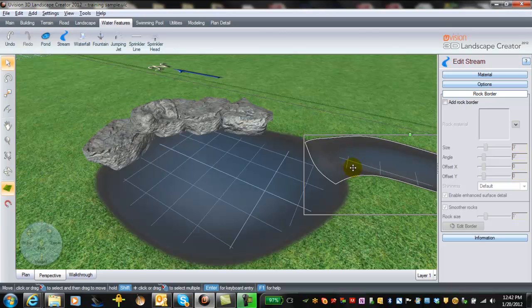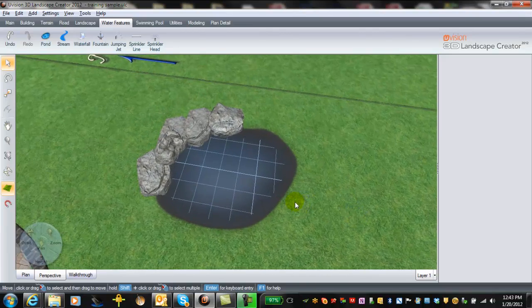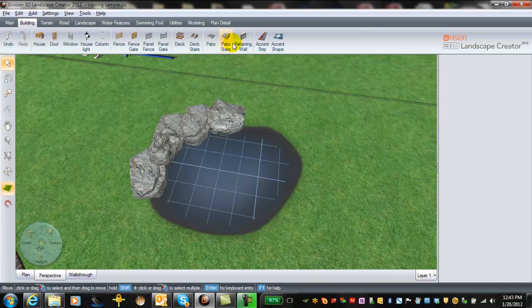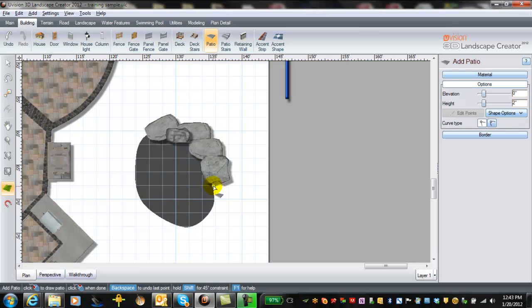Now let's just eliminate that little river there, and if we want to put in a little bit of a patio area around this, or a sort of flagstone, we can do that by going over to our building. We'll choose patio area again. We'll go into plan view and we'll start drawing here with our rounded spline tool, and we'll follow along the perimeter of the pond here,